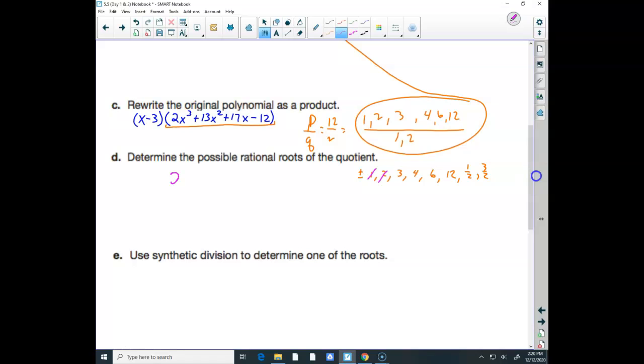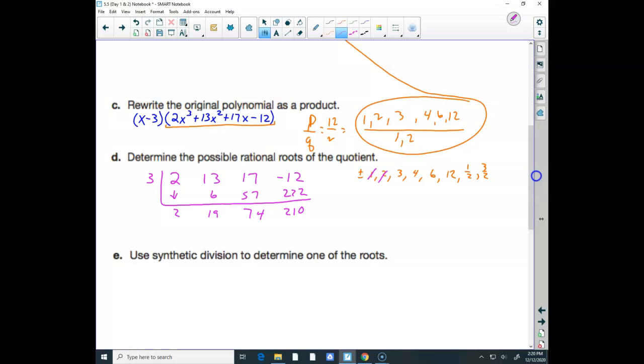I would take the 2, the 13, the 17, and the negative 12, and I would see, does 3 come out again? Because if it did, it's very possible it could be a double root. So I'm going to drop it, and that gives me a 6. This gives me 19, which gives me 57, which obviously isn't going to work, but okay, 57, that's 4, that's 74, and 3 times 74 is 222, and that gives me